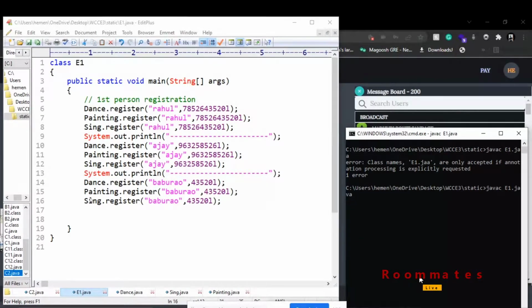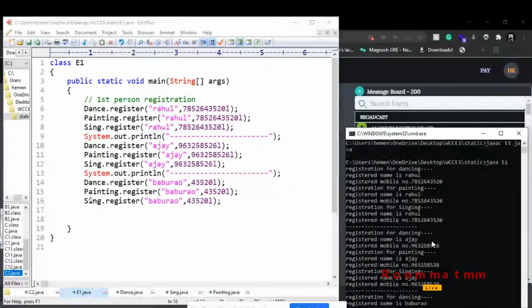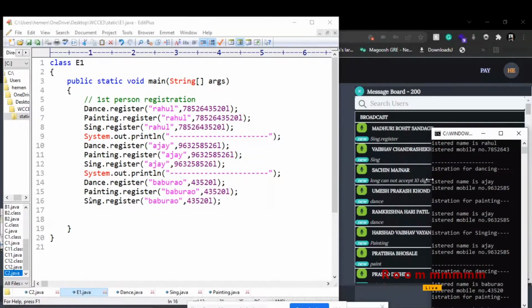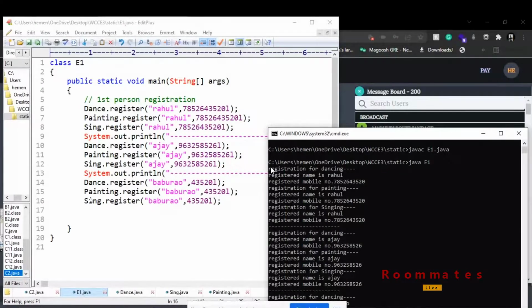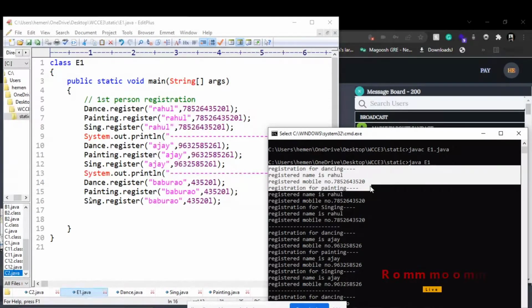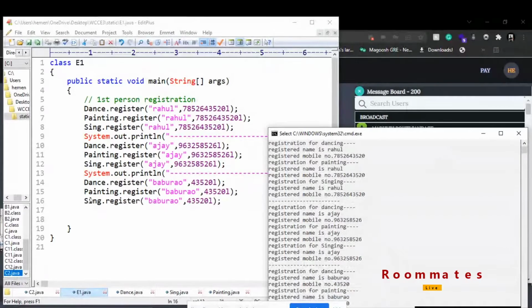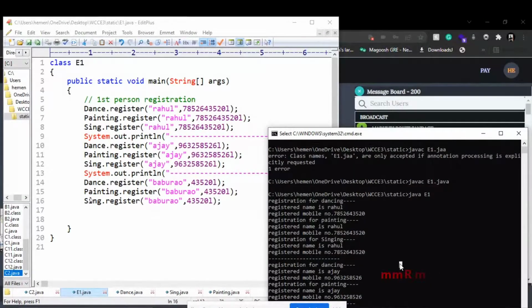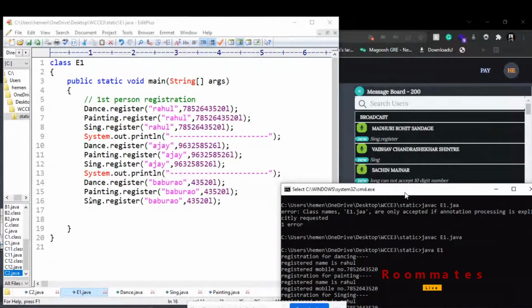Yes, how many of you have done like this? Yes, how many of you are correct? Yes, okay. If you have done, okay. If you have not done, please write down this one.